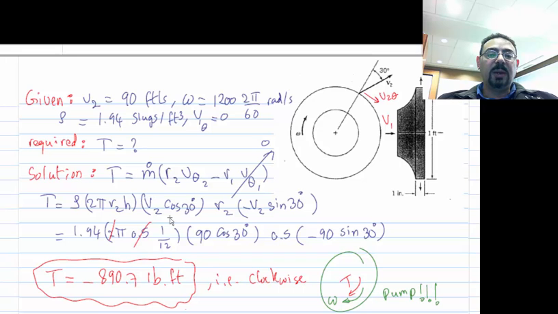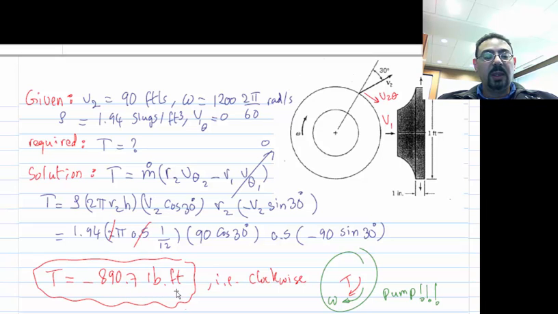Multiplied by what velocity? The velocity normal to the area, and we said it should be the radial component of V2, so that's why it's V2 cosine 30. Why did we do V2 cosine 30? Because it's normal to the area. So here is my m dot, rho A V, and here is r2 V theta 2, and r1 V theta 1 is 0 because it's all radial. I plug in the numbers and I get 890.7 pound